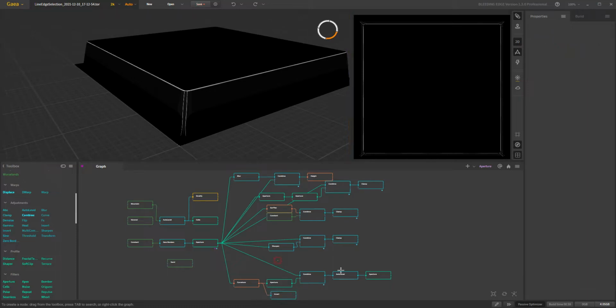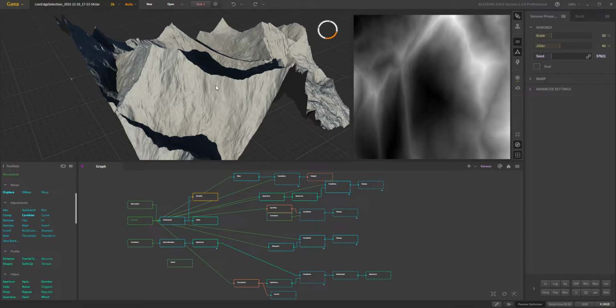I have some additional stuff in here that I'm using for a different purpose, or at least to try and control something else that we'll talk about with a different shape, which is going to be the Voronoi over here that I'm going to plug in right now. Okay, so with the Voronoi here, we have ridges, but there's a little bit more than that. We have ridges, but we have a lot of high frequency detail across the surface, and we have to be careful of that. So if we look at our methods,